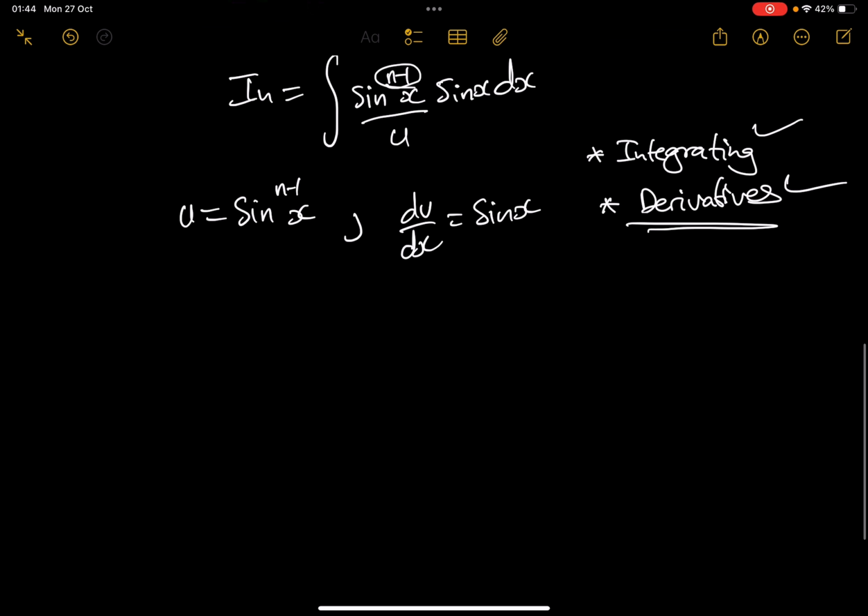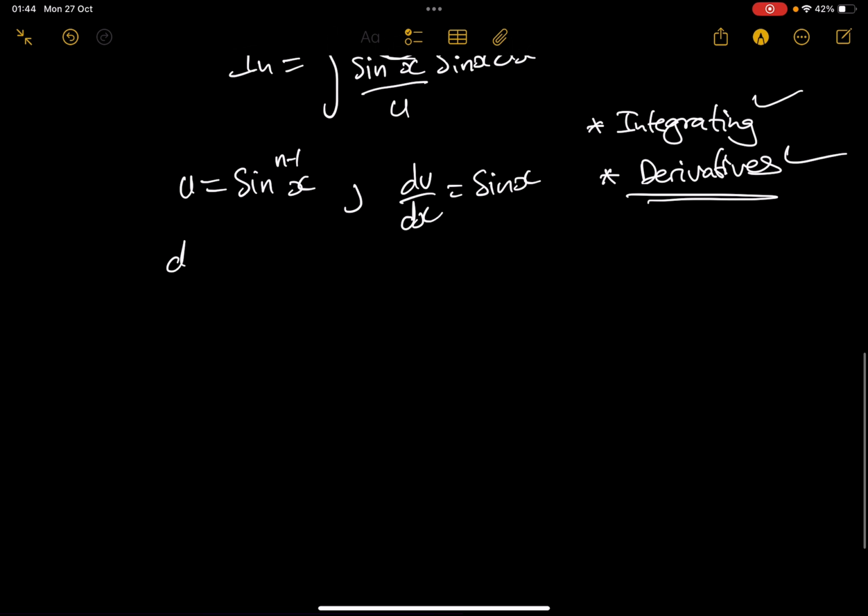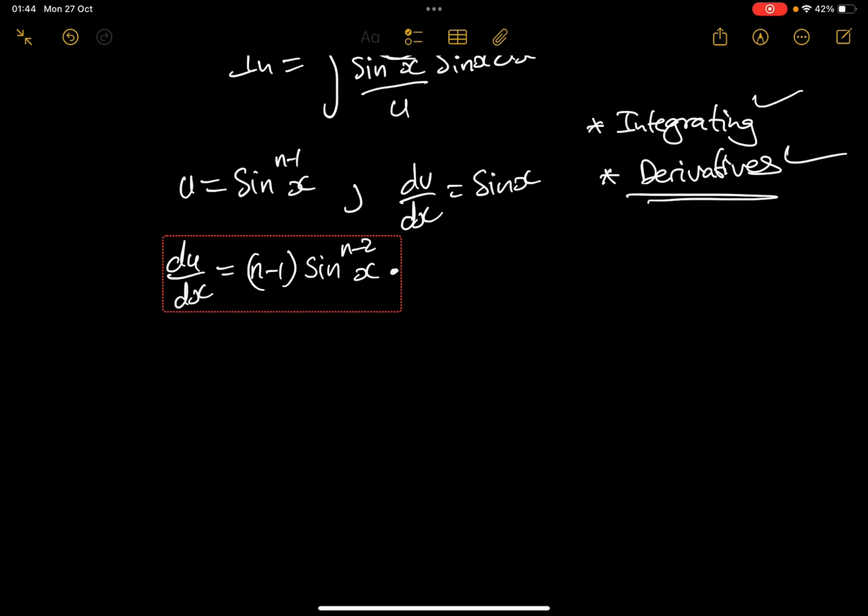So from here, you just work it the same way when you're looking at integration by parts. So du dx is going to be n minus 1 sine n minus 2x times, remember, this is to the power, which means you differentiate the outer sine function and also the inner sine function. If you differentiate the inner sine function, you're going to get